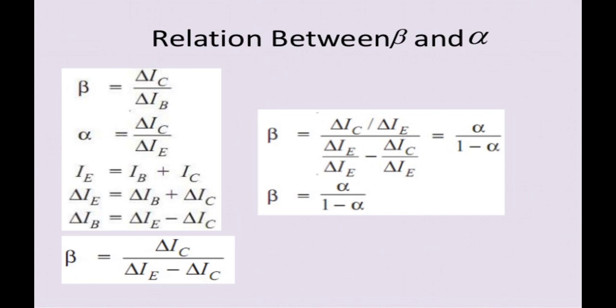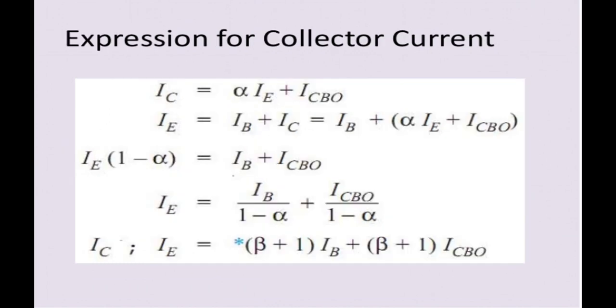So for the rate of change of IE, see here in the modification. The beta factor is calculated as alpha divided by 1 minus alpha, and put it in the next equation. Here it is the inverse ratio of that. So these are the collector current equations. See carefully, write down. This is IC is equal to alpha into IE plus